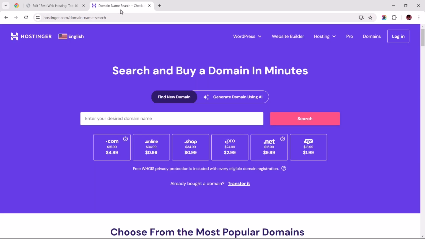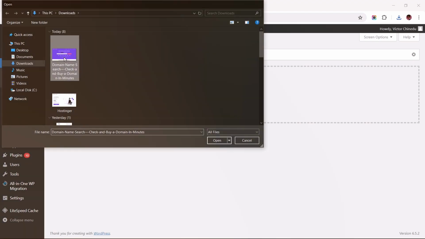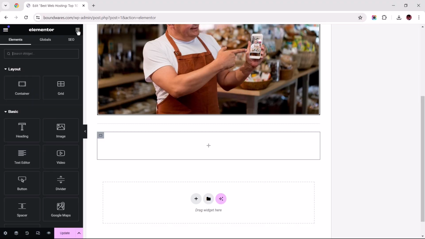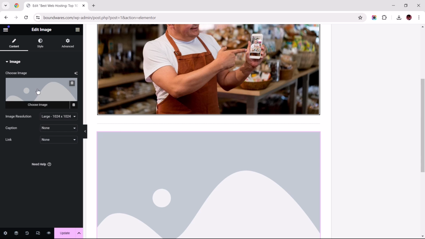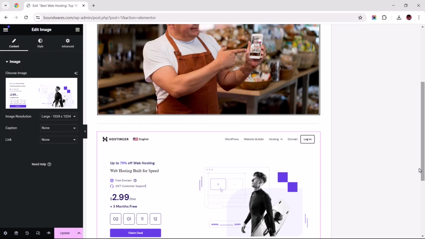Let's assume this was the first product recommendation I wanted to discuss. I could use the Chrome extension Awesome Screen Recorder and Screenshot to capture its visible part, save the image to my device, and upload it to this site. Speaking of which, let's head back to the Widgets panel and add the image widget to this container. This should be followed by choosing the featured image highlighting the hero section for the product recommendation we took a